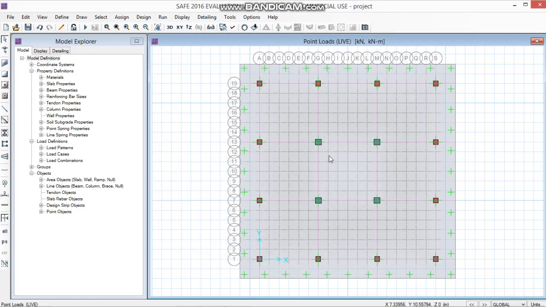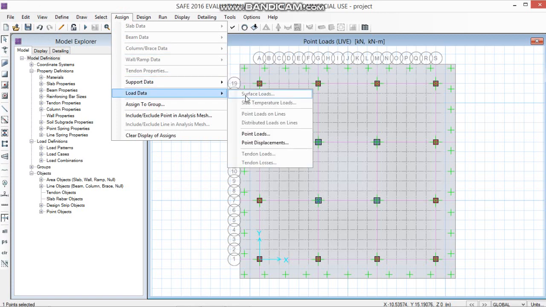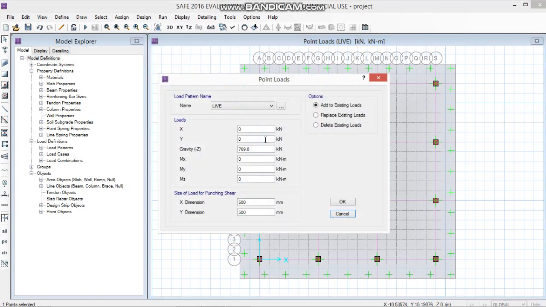Now for C600 by 600, put the entries for these columns. Click on the column center, go to Assign, click on Load Data, go to the Point Loads, click on dead load, and put the value of dead load as 5414.9.